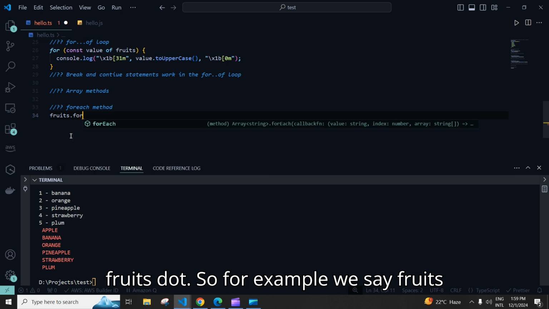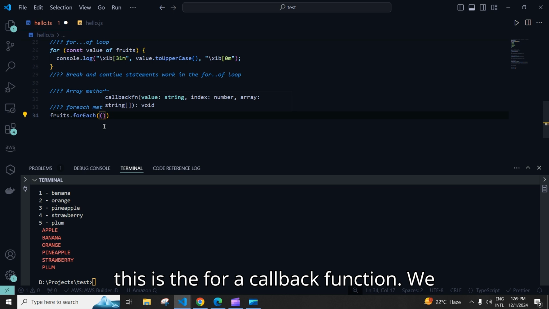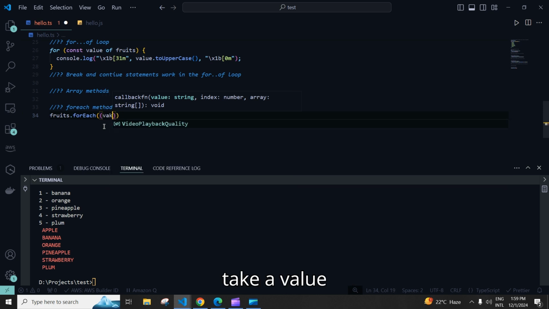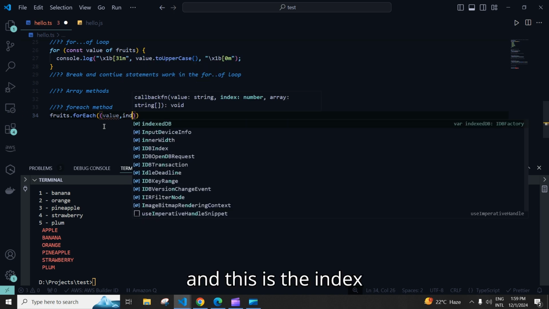So for example we say fruits dot forEach, and this is the callback function, we take a value, and this is the index,